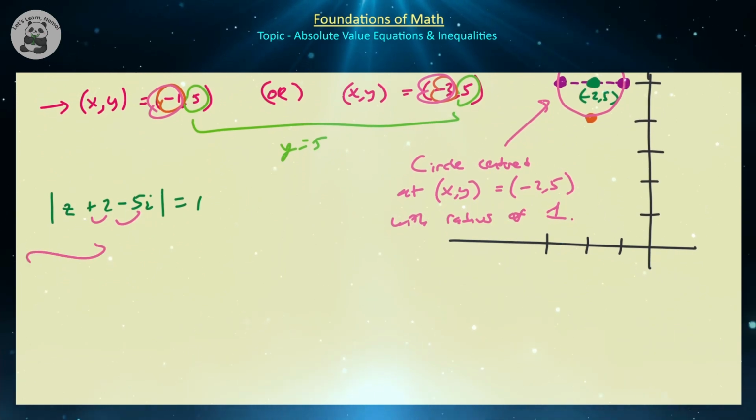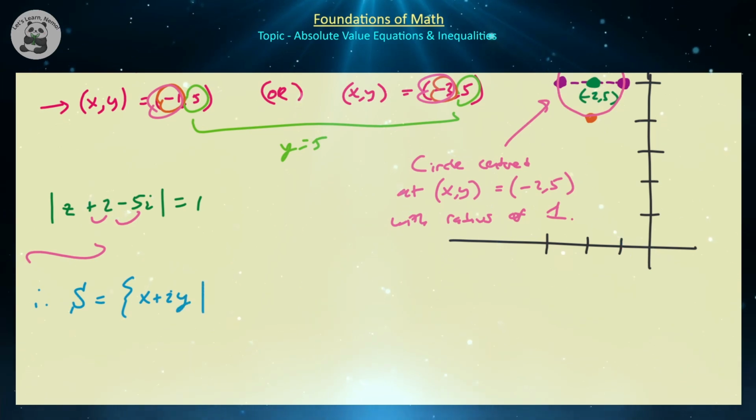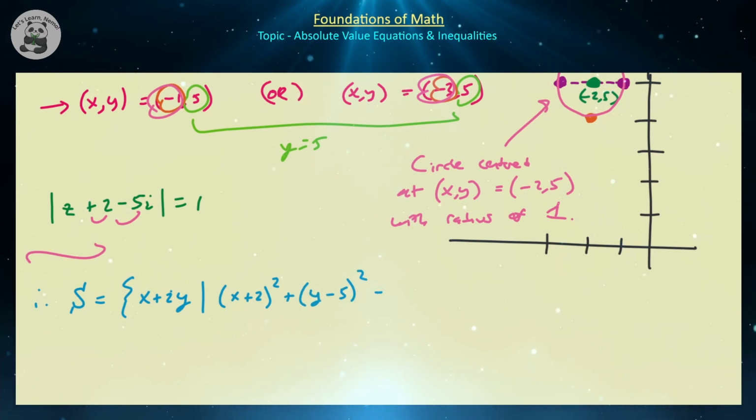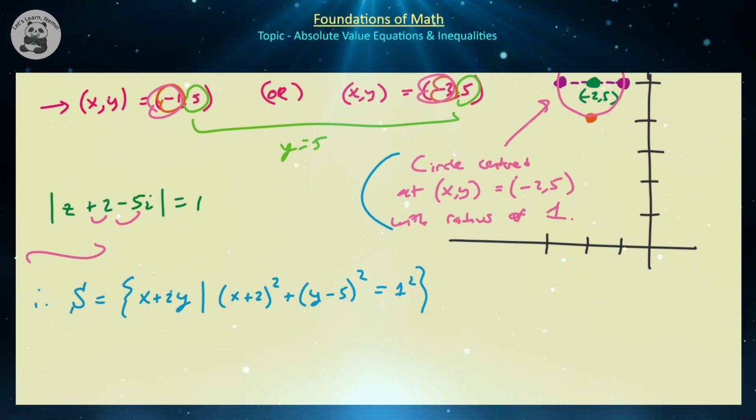Okay, so let's write this in set form at least. If you remember the equation of a circle, and if not, that's perfectly okay, it's going to be the set of all complex numbers of the form x plus iy that satisfy x plus 2, the quantity squared, plus y minus 5, the quantity squared, is equal to 1 squared, which you can also say is equal to 1. Which is the circle centered at minus 2, 5, and radius of 1. So that's how you can solve absolute value equations, both over R and over C, and also how to graphically and algebraically